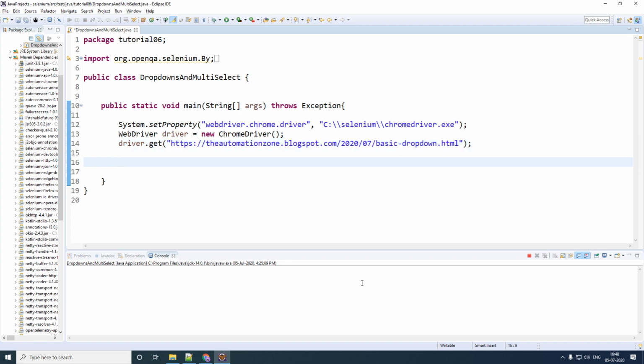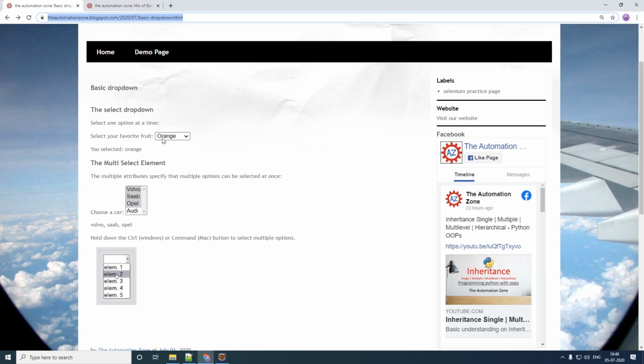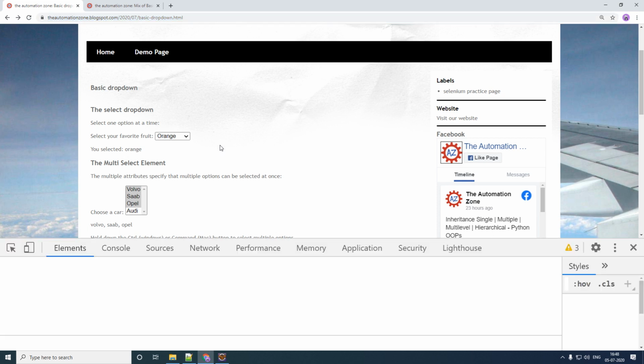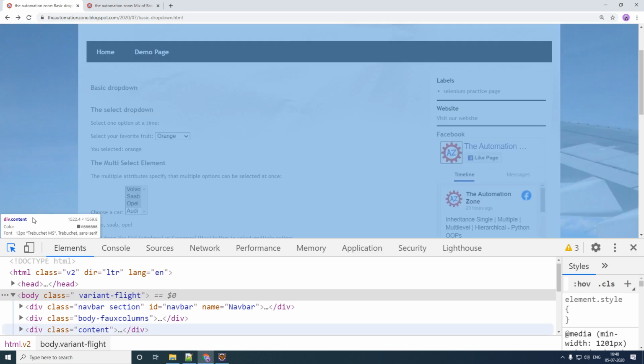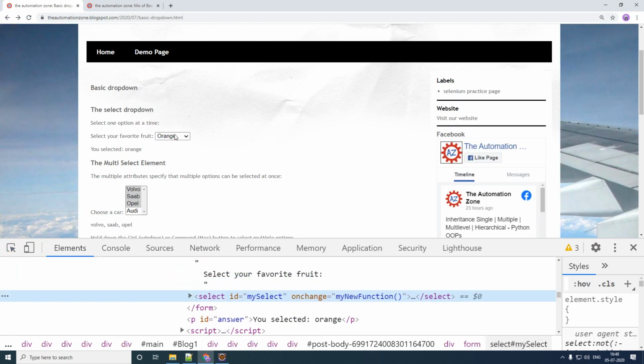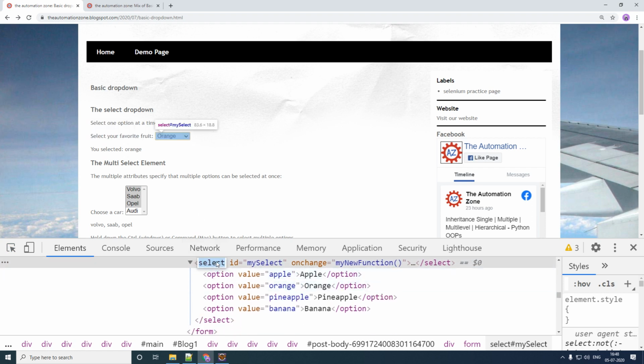Our next step, guys, is to uniquely identify this drop down right here. So you press F12 on your keyboard and then you use your inspect tool to inspect the drop down. And as you can see, the drop down here has got a tag called select. If it has any other tag apart from select, the following code is not going to work. Yes, you can work even if it has a different tag, but you have to use different techniques, which is also called your bootstrap download. For this video, it needs to have a select tag.